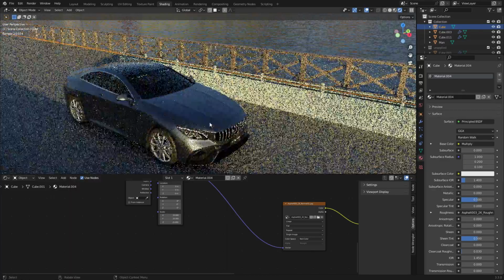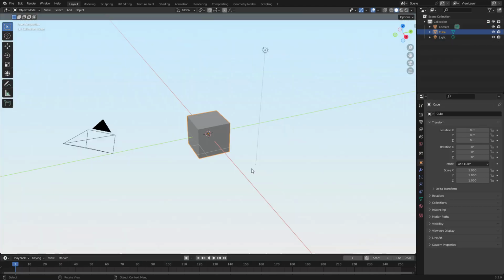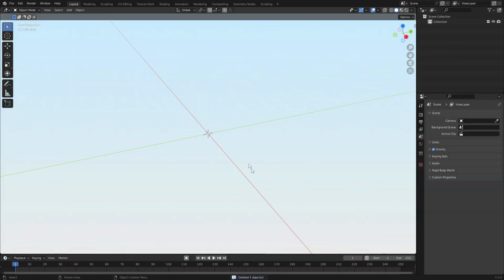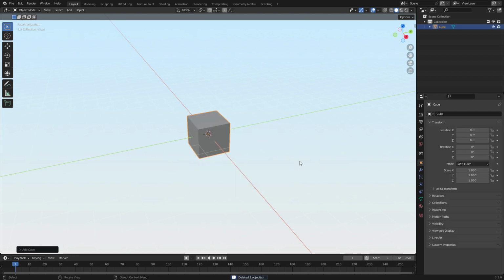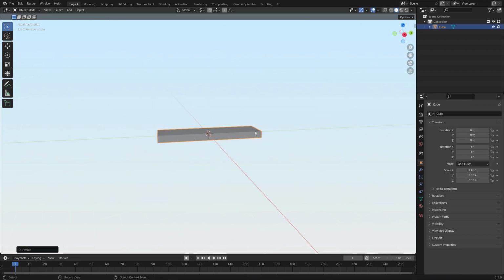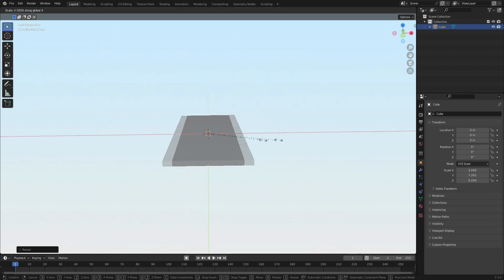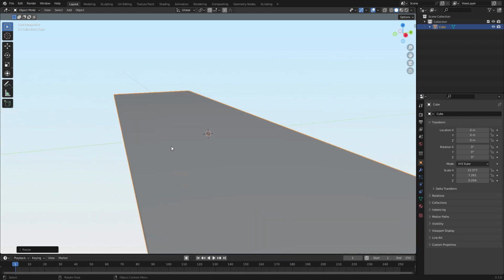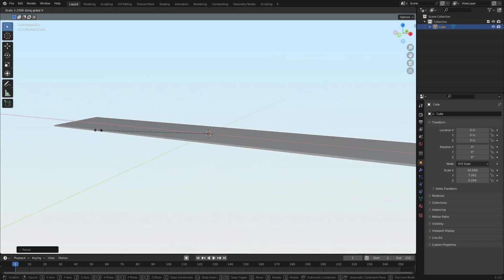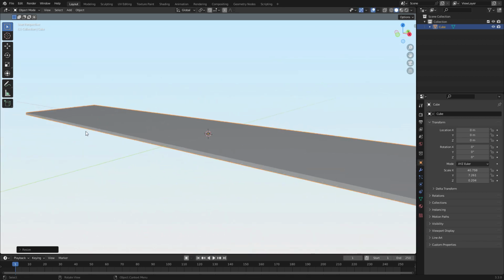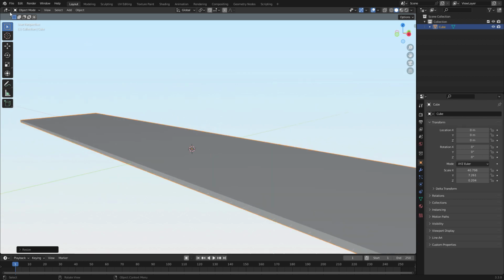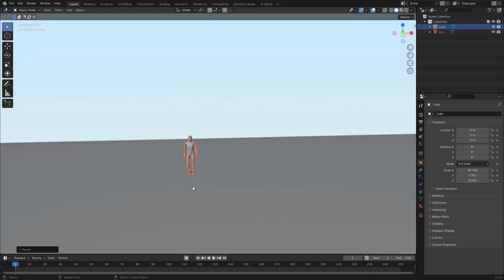Yeah, that's looking fine. So I'm gonna hit A and then delete everything, and then add in a cube, and then scale it to be kind of the size of a bridge, and then scale it out the other way so that it fills the entire frame. I'm gonna add in my human scale,